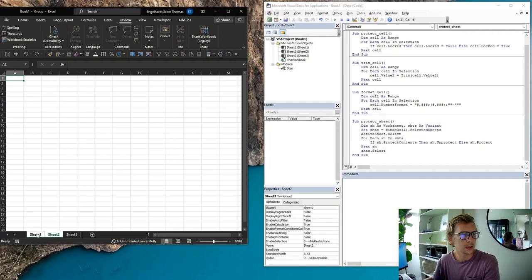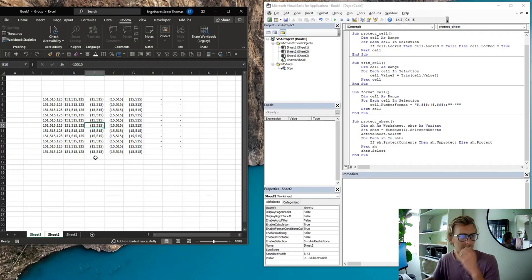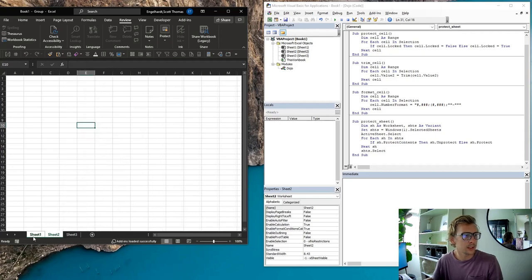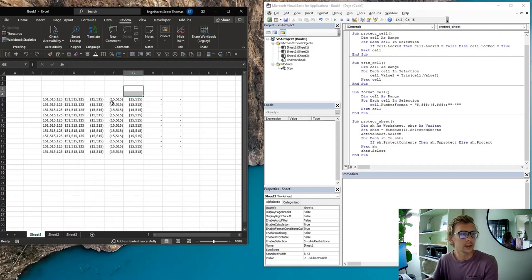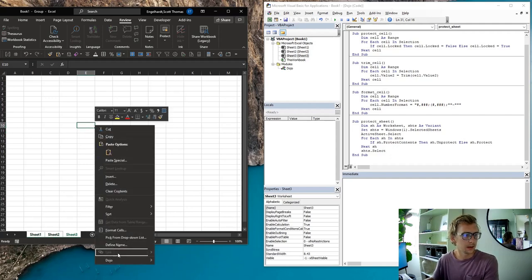So let's say we had sheets 1 and 2 selected. We right click the sheets now and hit protect. We'll see it did switch sheets, but it did go through each one and protect them, and we still have our 2 sheets selected here. If we try to just type, we get the protection alert, and then sheet 3 will not. One thing to note: since it's looking at each sheet to see if it's protected and then unprotecting it, if we were to select all 3 and run this,